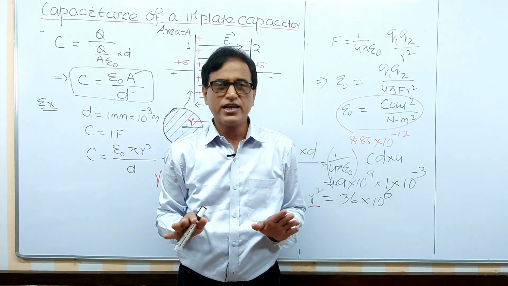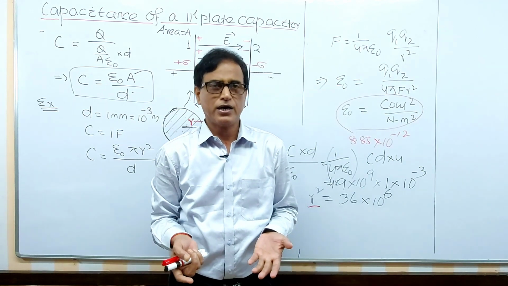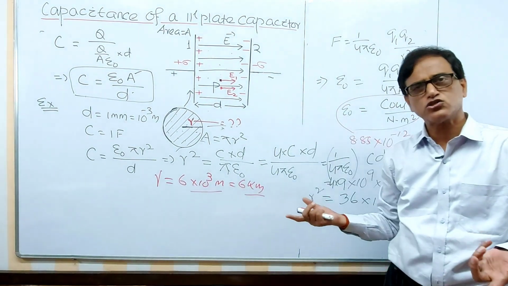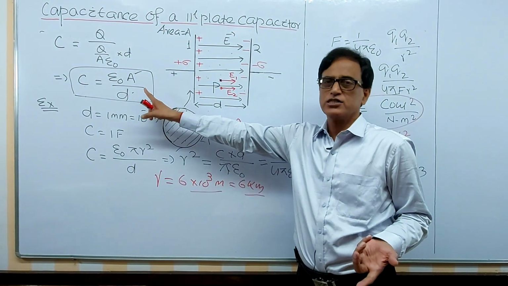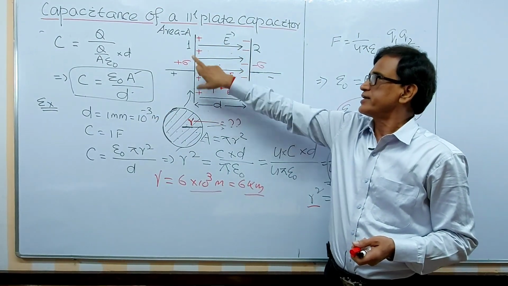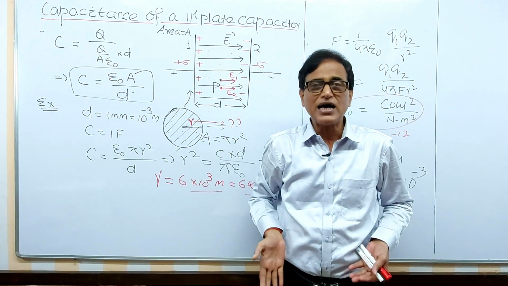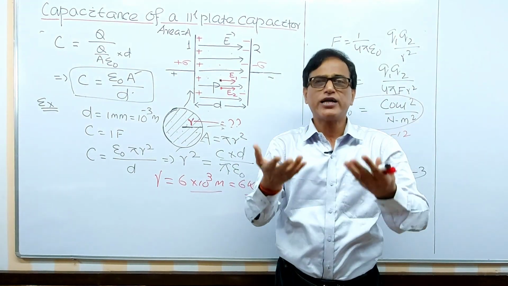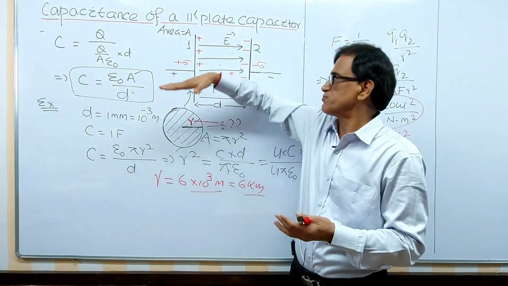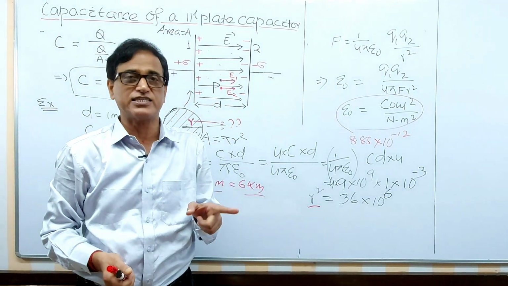Now I think your idea is clear about the parallel plate capacitor. This may be a short question, a long question. This may be a source for a number of conceptual short questions. Also this is a source for a number of numericals, and this formula is very important. In this part I have discussed this parallel plate capacitor taking air as the dielectric. You will be asked later what happens if a glass slab is introduced between them, or other dielectrics. The entire space will be filled with other dielectrics, or half the space will be filled with dielectric, half horizontal, half vertical, and there are plenty of questions. We will discuss all this in the dielectric chapters.